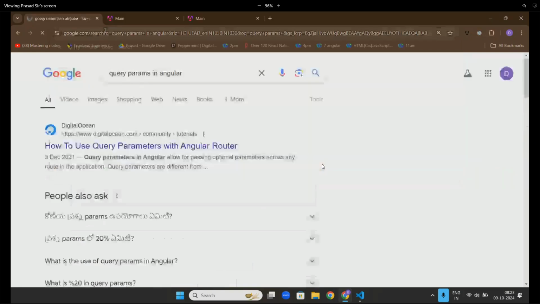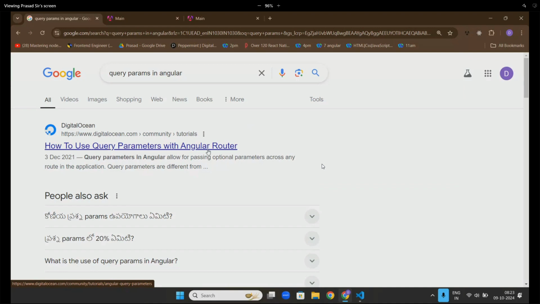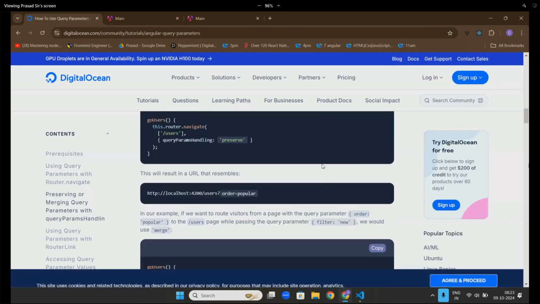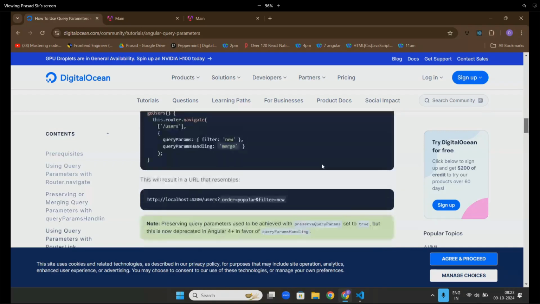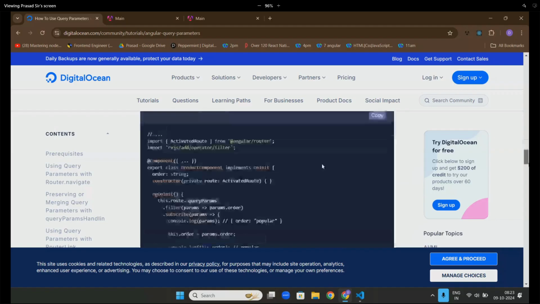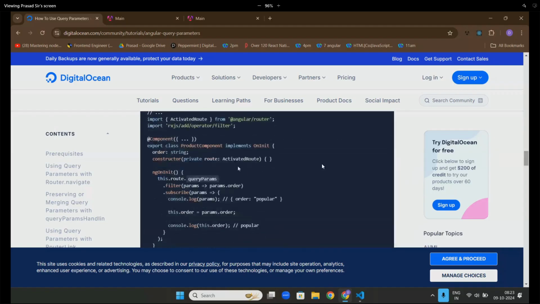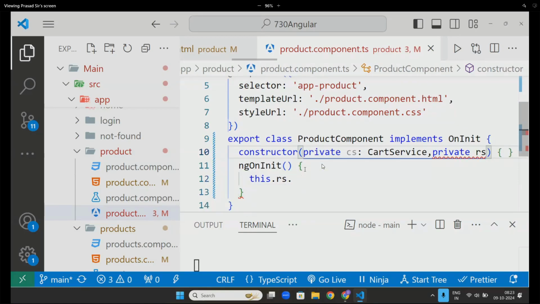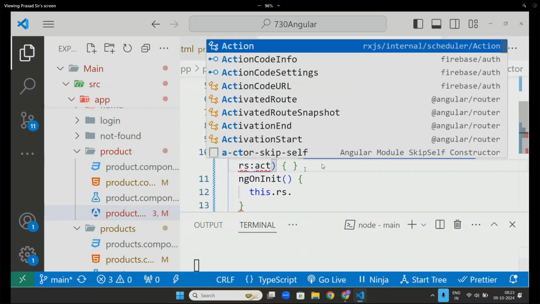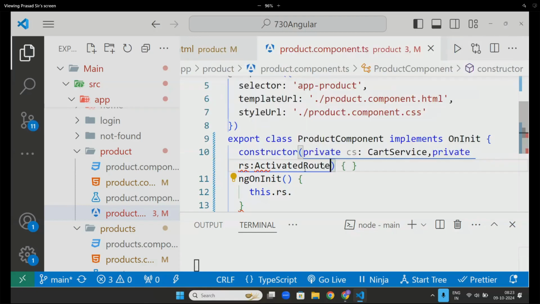Angular. So, let's get it here. How do I get them? ActivatedRoute. The class name I'm looking for is ActivatedRoute. Perfect.